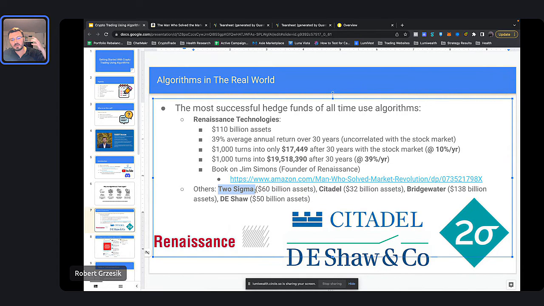Same thing, they beat the market on a regular basis, not only in terms of returns, but also in terms of risk. They don't do stupid things. They're not making 50% a year by betting the house on it, but they are consistently beating the market, risk adjusted, and making really good money. So that's Two Sigma. Another one is Citadel.